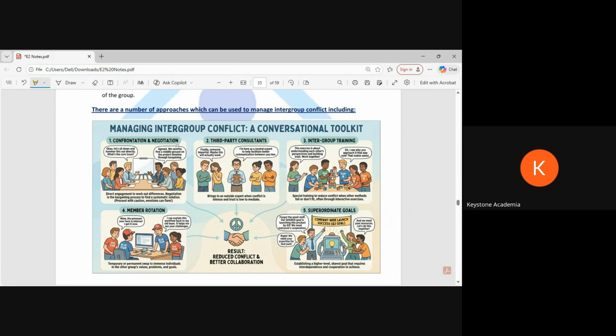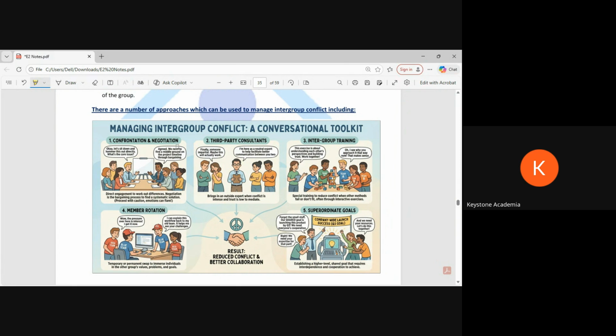If things go bigger, we can also get a third party consultant, because a lot of time the conflict is not just because of the work. Maybe they dislike the other person, so a third party consultant can help. Then intergroup training. Usually they are working with different groups. They must be tired or there are issues. They will go into a different group and try to understand what issues they are facing and how they solve them. So that might also help.